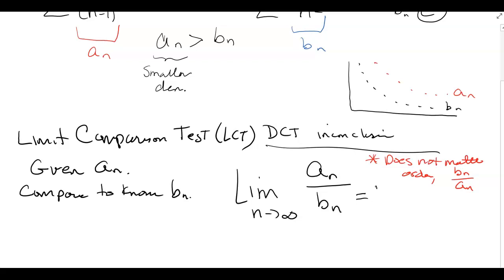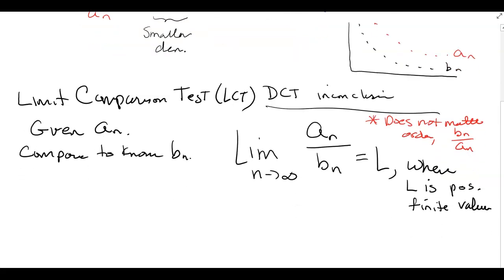Equals L, where L is a positive finite value. So what do I mean by a positive finite value? L is greater than 0 but less than infinity. What that means is you cannot get 0 or infinity. Let's make that clearer. Not 0 or infinity. As long as you get a value that's not 0 or infinity, or any negative number,